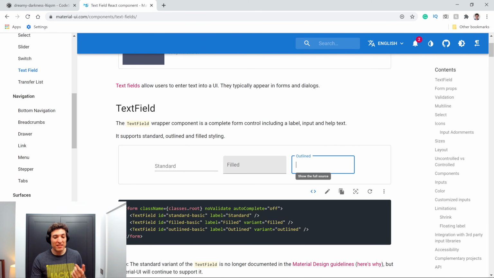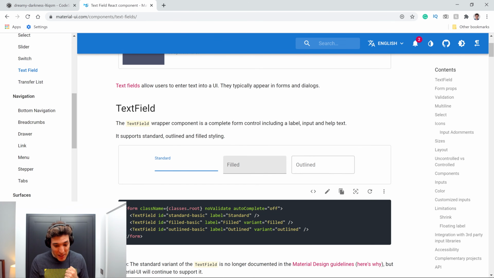Usually outlined is the one I have been more successfully convincing UX developers with. So you could use that one, but I will use the filled for one simple reason, because then I will show you how you can remove the background from that filled one, all right? And it will look almost the same as this one. So let's do first the outlined, then I change to the filled, and we will remove the background, okay?